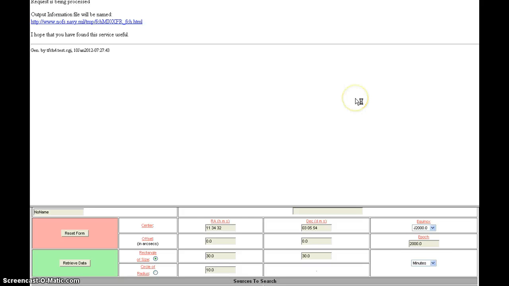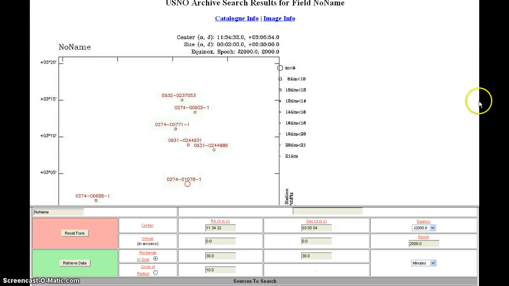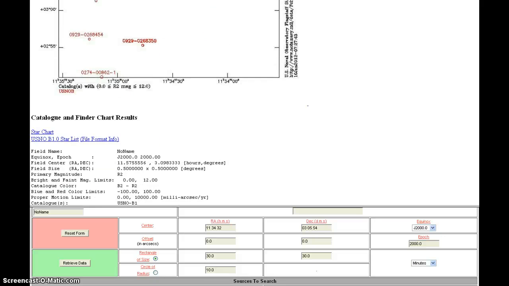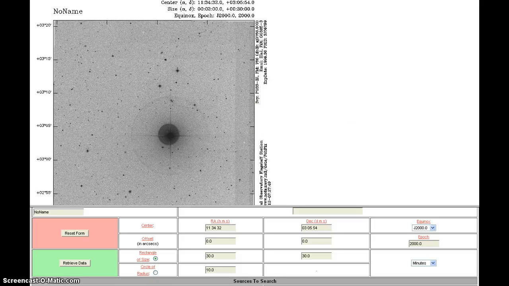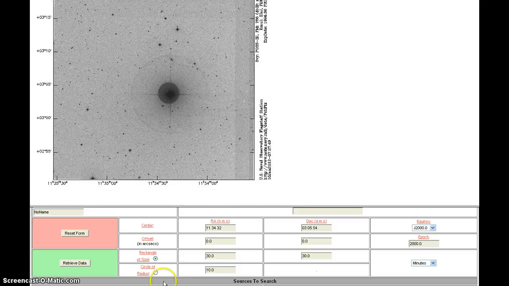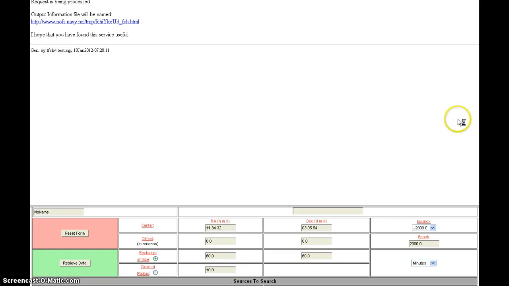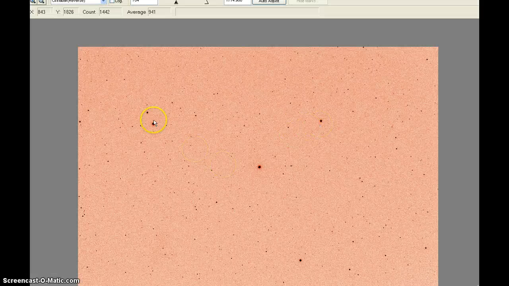I'm collecting a star chart. I have a minute left. I want to show you one picture. Come on, star chart. Okay, that is going to be very close to ours. Let's go down here and look at a JPEG of it. Okay. I still don't have it big enough, so we're going to have to go to like 60 and 60. Retrieve the data. I'm running out of seconds here, but this is how I would go and confirm what's not in the images that I have here. We're going to look for this arrangement of stars and go back using the star chart to make sure that